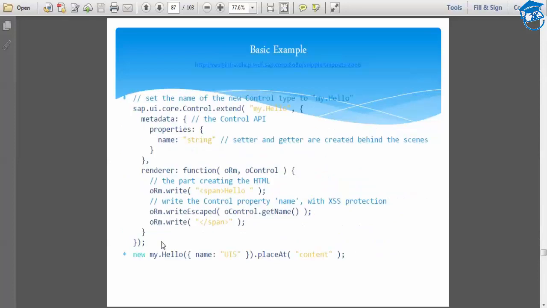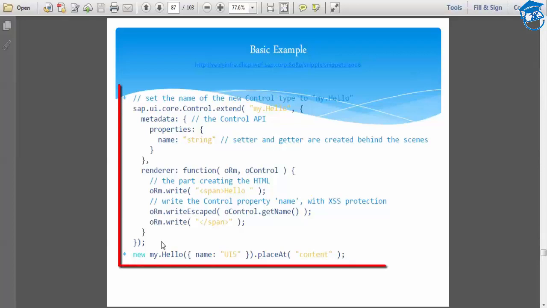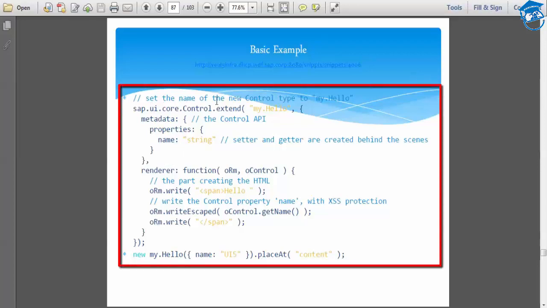So a basic example of extending or writing a new control is like this. Here I'm setting the name of the control to my hello. So sap.ui.core.Control.extend, that is my control, and I'm giving metadata like this, with properties, and inside properties we have a name property that has setters and getters by default. You don't have to write any getter or setter method explicitly.